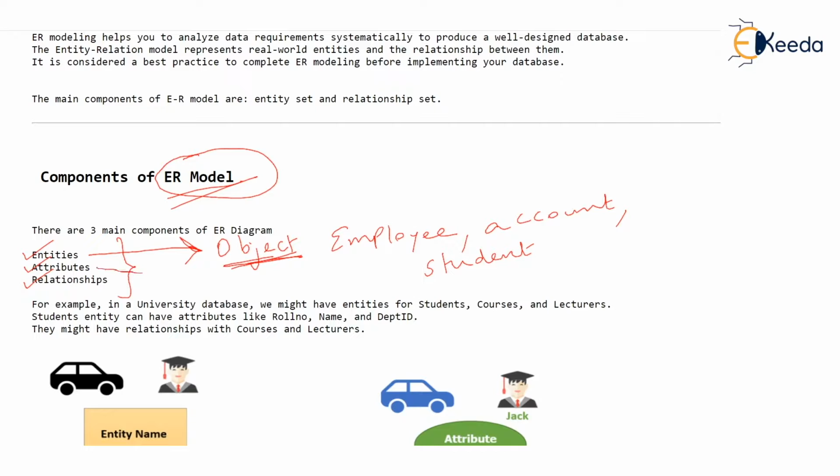The second thing is attributes. The attributes are nothing but properties of entities. Now every entity has properties. For example, you say that there is an employee, then surely employee will have some name. Employee will have some ID, isn't it? Let's call it as EMPID. Every employee is given some number. Every employee will have address. What these are, name, employee ID, address, are called attributes of the employee.